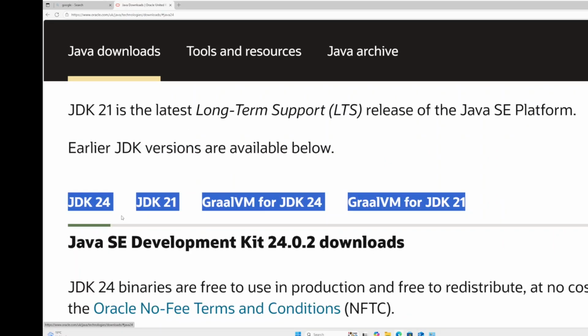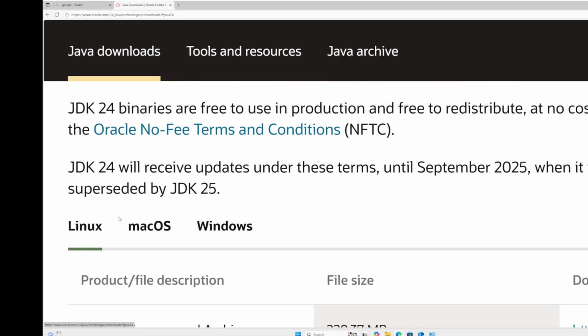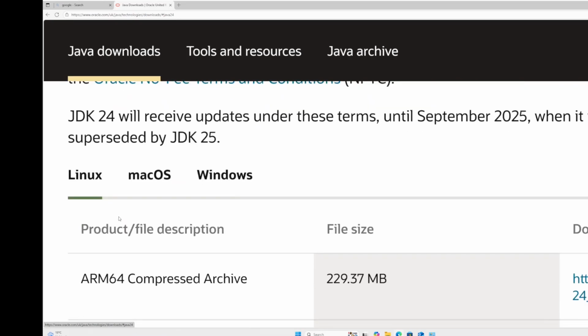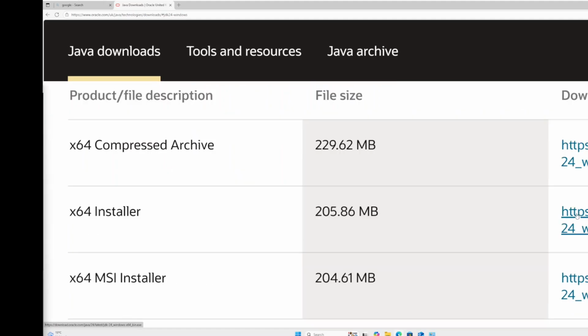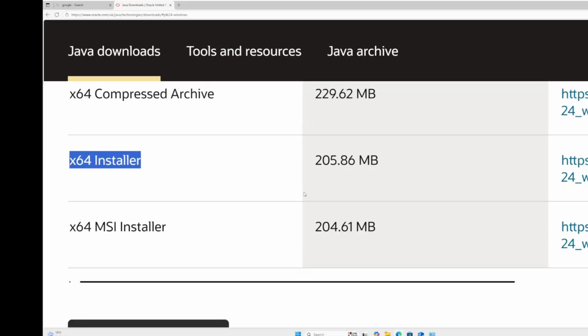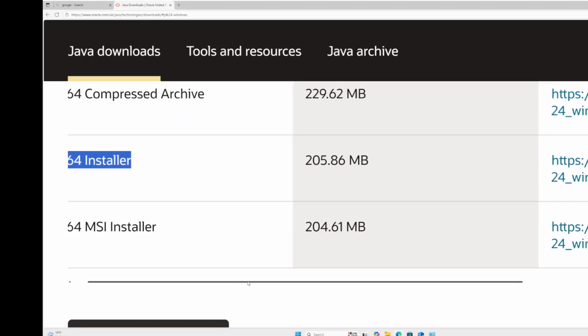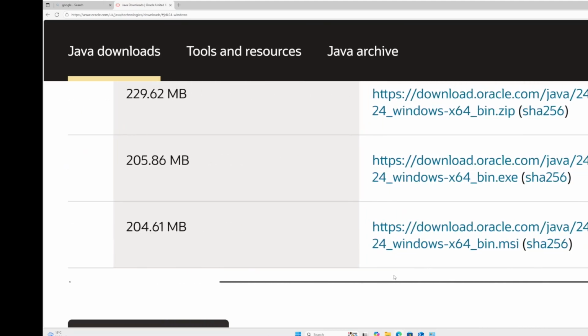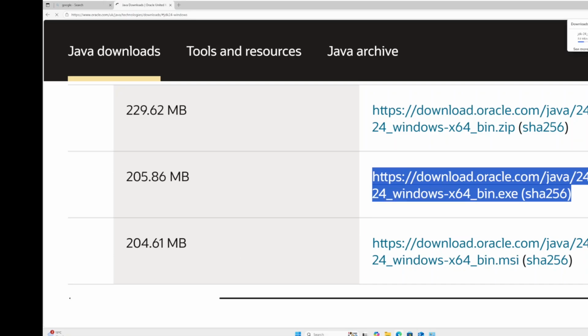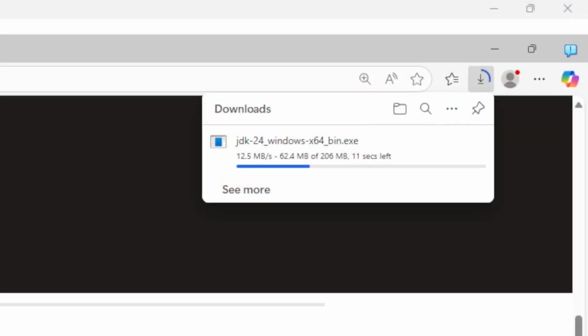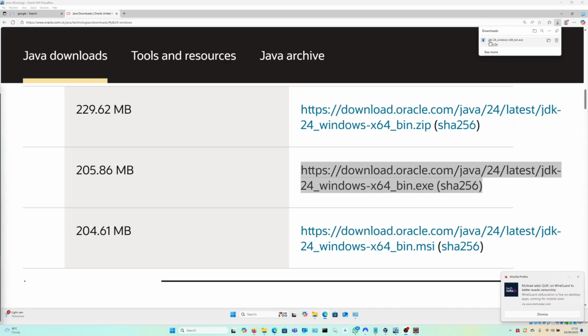Then scroll down in order to specify the operating system that you want to install Java on. In my case, I'm going to click Windows. Scroll down to download the x64 installer, or whichever installer you prefer. After the download, go to the top right-hand corner of your browser